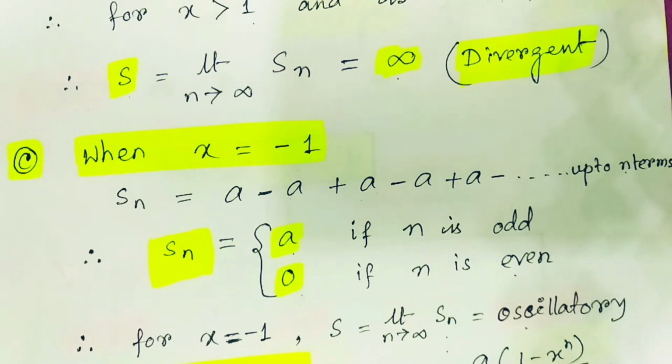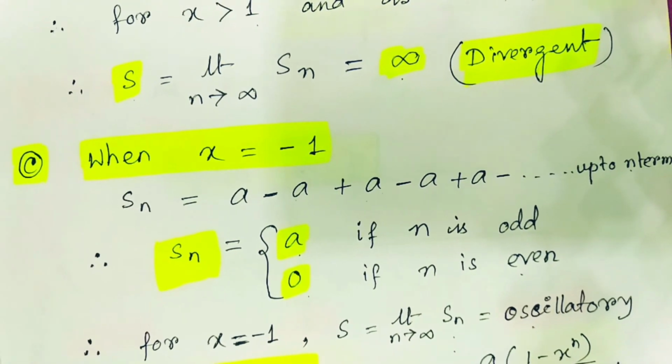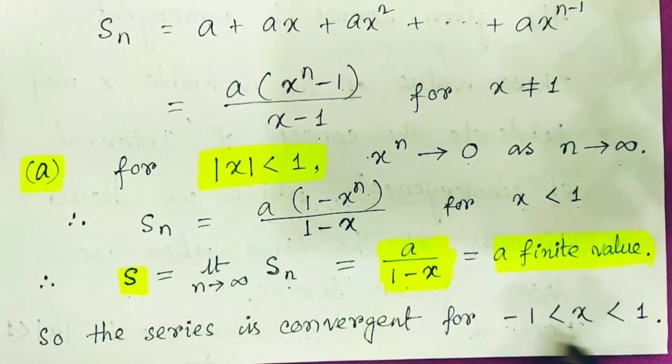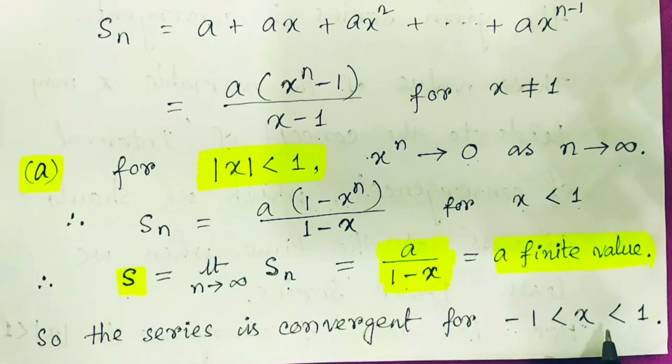This value of the variable x leads to the concept of the interval of convergence. Interval of convergence means the interval of x values for which our given series is convergent. This should be discussed when we learn power series; we discuss the interval of convergence more explicitly there. So here the interval of convergence is mod x less than 1, that means x lies between minus 1 and 1. That is the interval of convergence for this series.